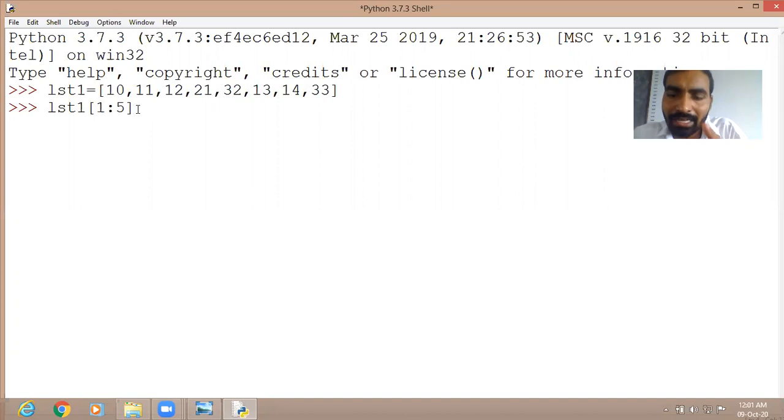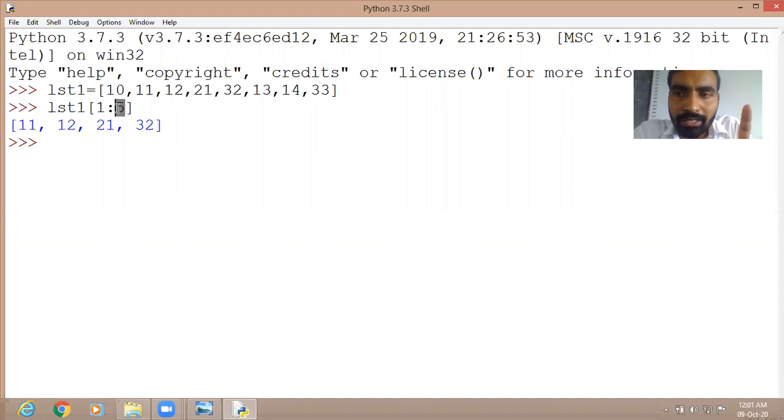Now it will access the slice. See here, index 1, index 2, index 3, and index 4 are provided. 5 is not provided because 5 is the upper limit.